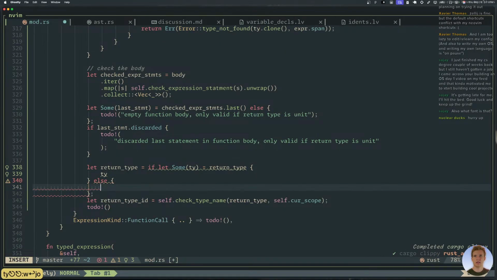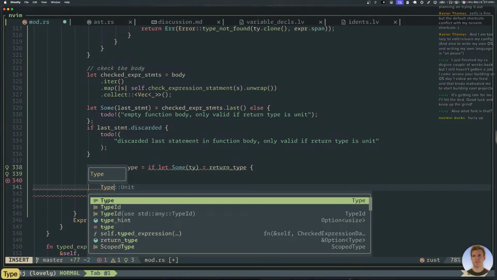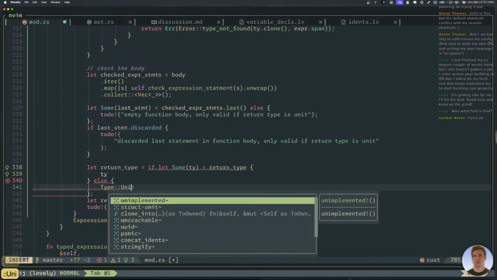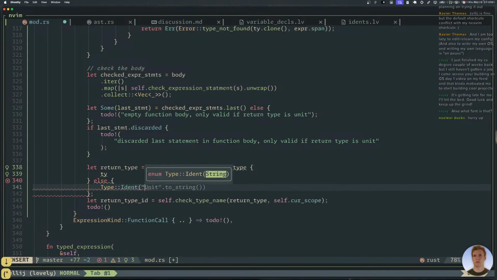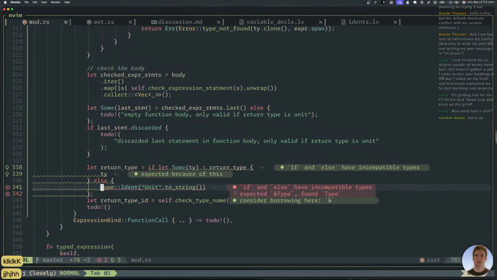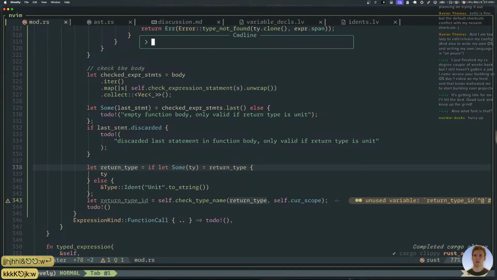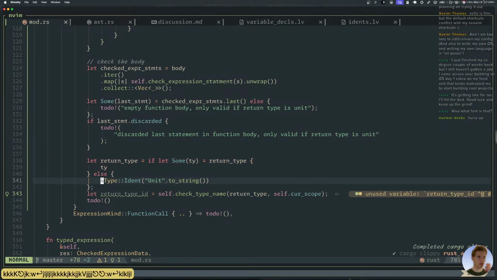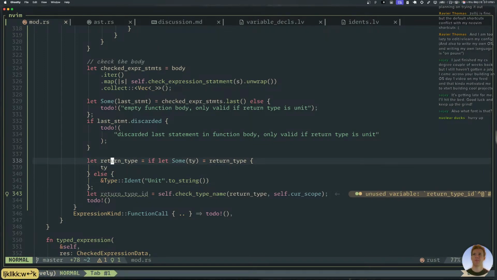Type else type. But this is basically saying if you don't supply a return type, then we're going to implicitly switch that to you're returning unit. So there's that, and then we'll look that thing up.